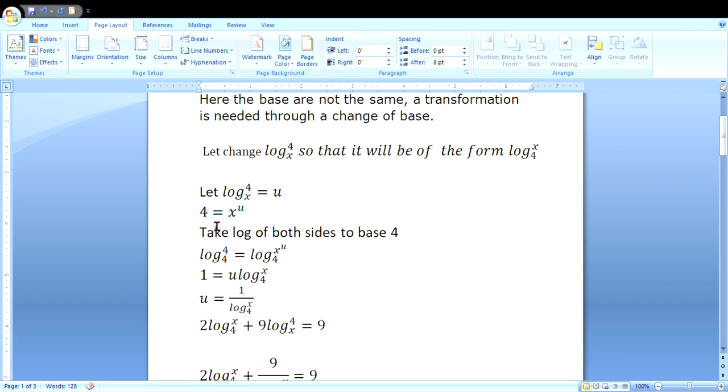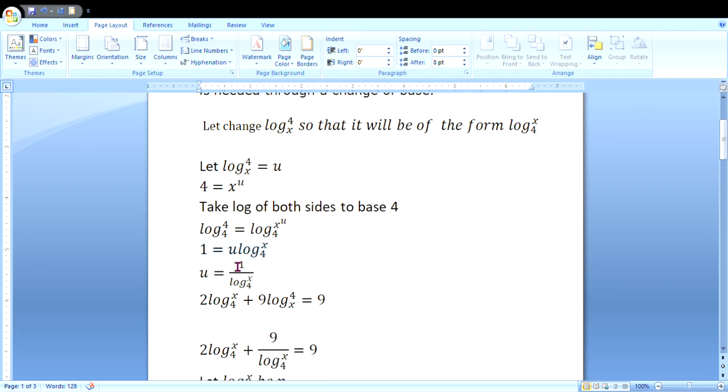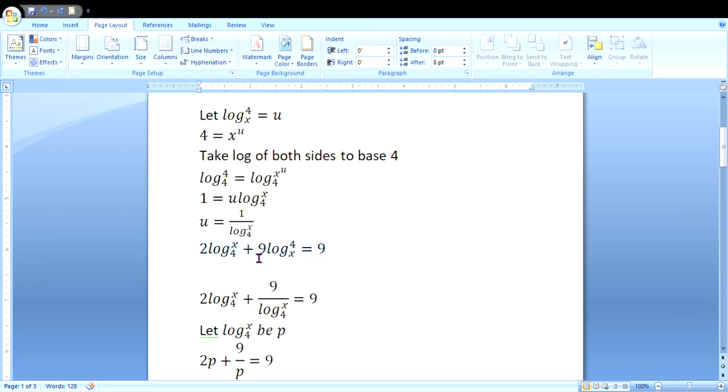So we look at the left hand side, which is 4. We change the base to base 4. So this becomes log 4 is equal to log x raised to power u, base 4. Now remember that log 4 to base 4 is equivalent to 1. So 1 is equal to, now we also transform u back here, 1 is equal to u log x base 4. Because we are solving for u, we divide both sides by log x base 4 and u becomes 1 over log